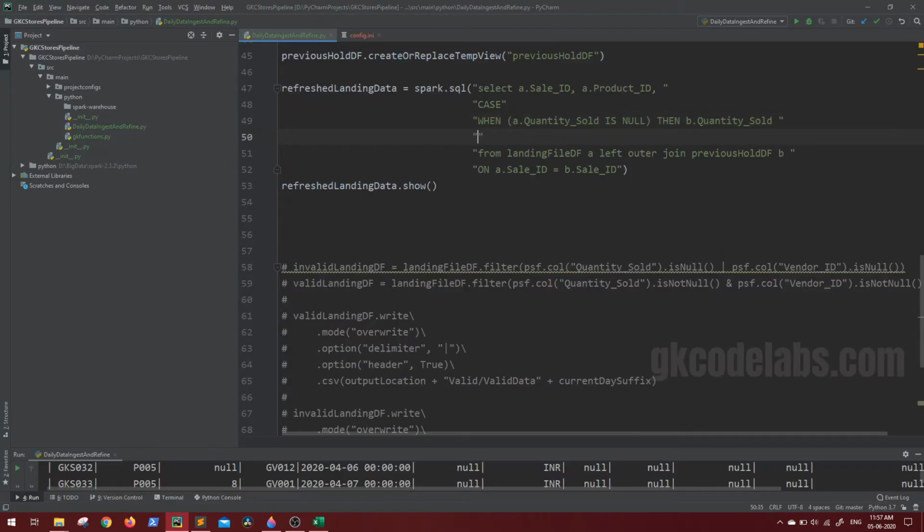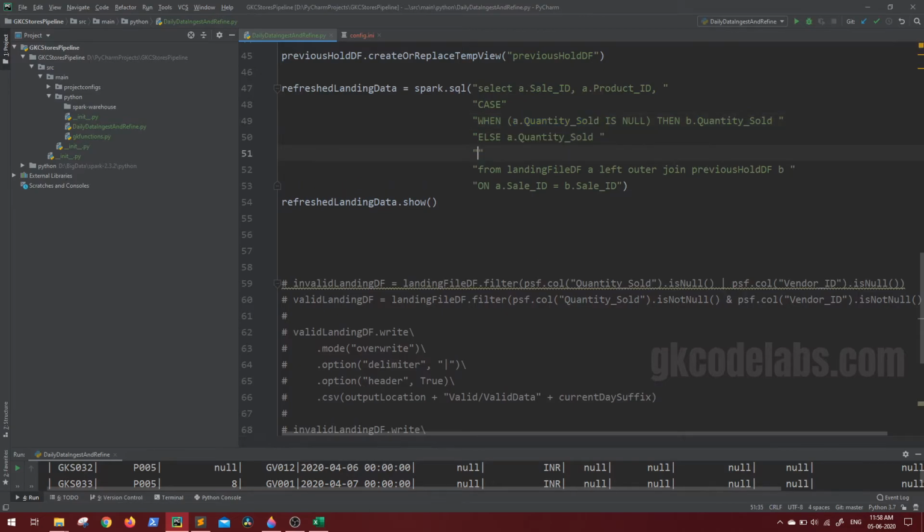If not, we will mention like else. Else what we have to take? Else we have to take the new value only. And how you have to end this statement? Case statement can be end by the keyword end. As simple as that. So let me make it clear again. In this new data frame, first column will be sale ID, second column will be product ID, and third column will be, in case you are using the case statement, whenever this case statement ends. So whatever this block will give you, that will automatically become the third column.